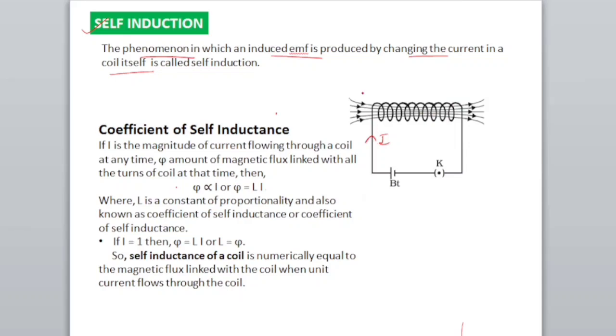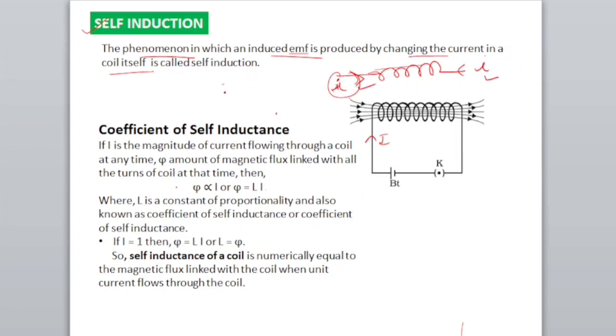Here, what happens? Suppose a current I is flowing through this coil and the current is increasing. It means the magnetic flux passing through this coil is increasing, and due to the change in magnetic flux, EMF and current are induced. What is the direction of that induced EMF? The direction is such that it opposes the cause which produces it. Who produces it? The increase in magnetic flux. It means it tries to decrease the magnetic flux. Magnetic flux decreases only when the induced current is opposite to the direction of this one. So this is the direction of induced current, right? It means the induced current opposes the growing current. You must remember this one.